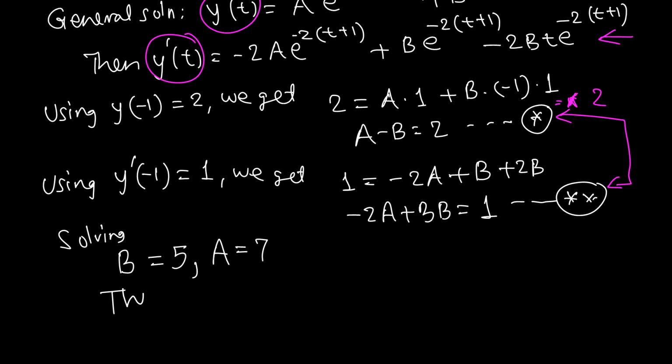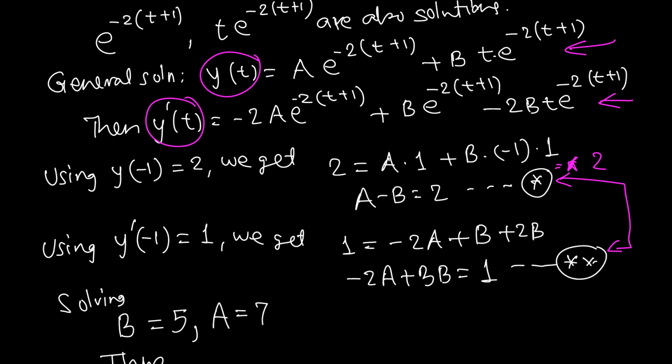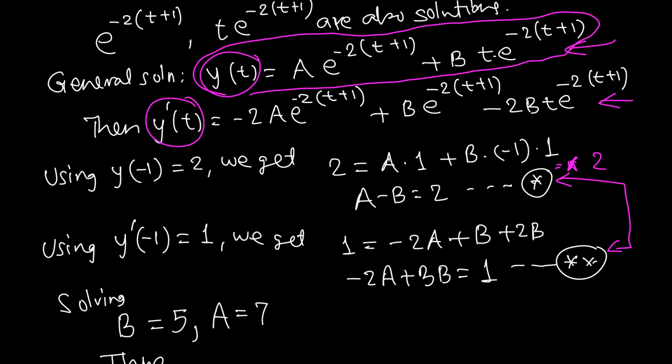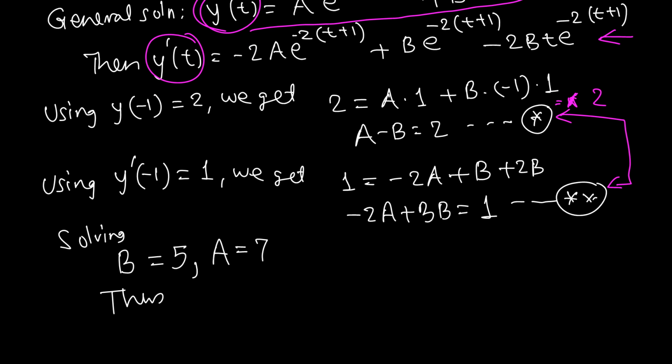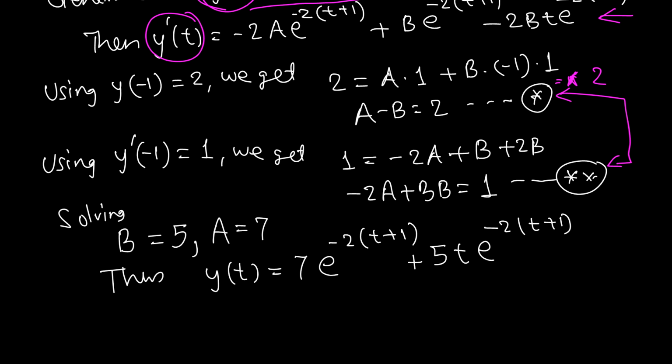So thus our final answer is given by y equals, so here this is the solution, and we just figured out the values of a and b. Thus y of t equals a, that's 7, e to the negative 2t plus 1, plus bt, so plus 5t e to the negative 2t plus 1. Final